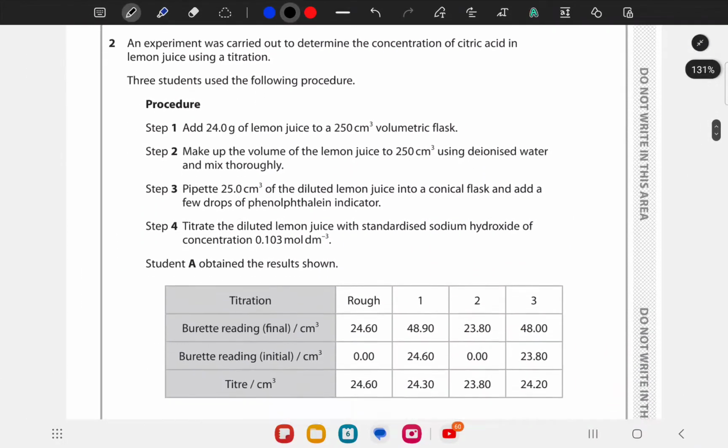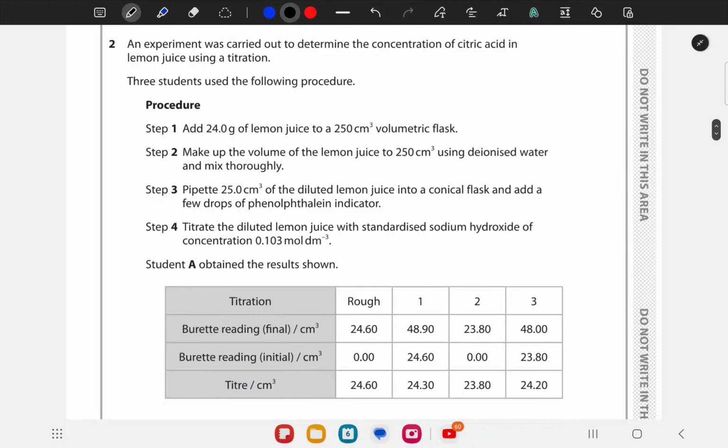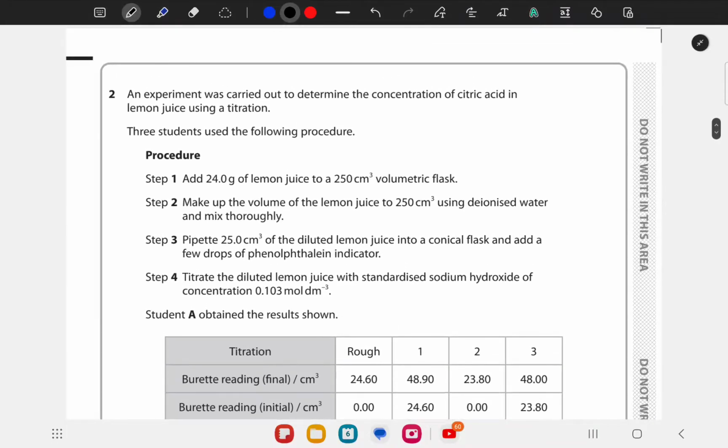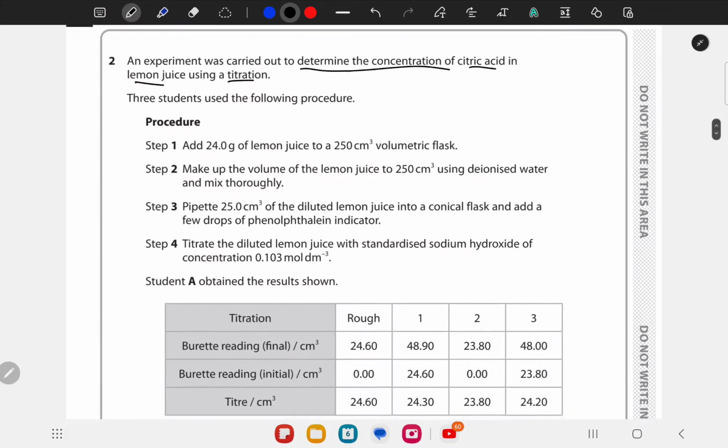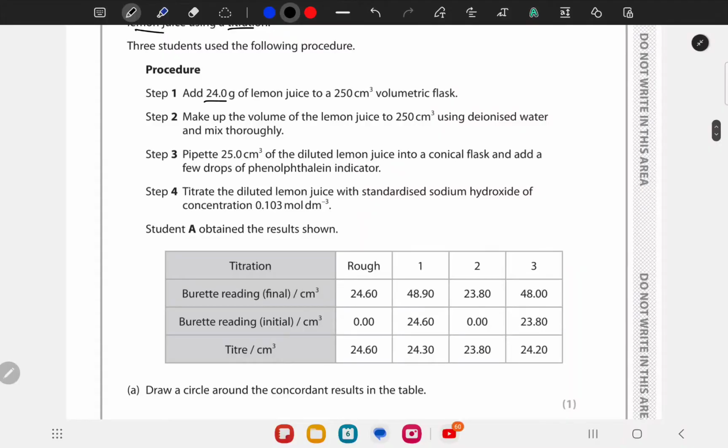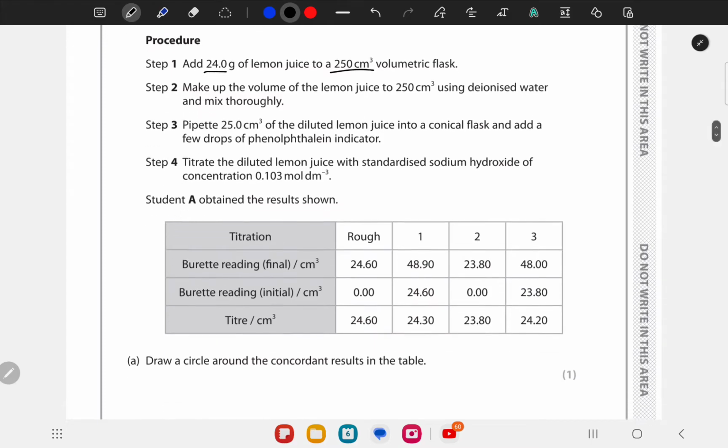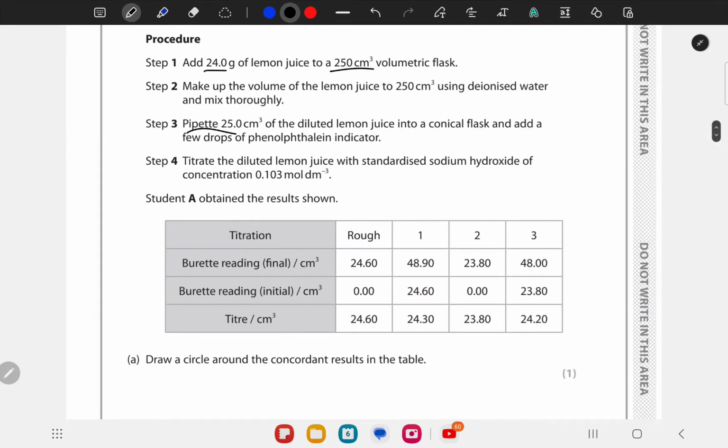Have to remember that. Now in question 2, we are given this experiment carried out to determine the concentration of citric acid in a lemon juice using titration. We are given the steps. We add 24 grams of lemon juice to a 250 cm3 volumetric flask. We transfer 25 cm3 of that to a conical flask and add a few drops of